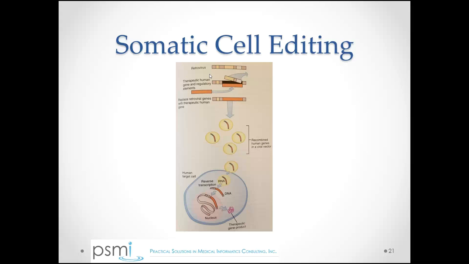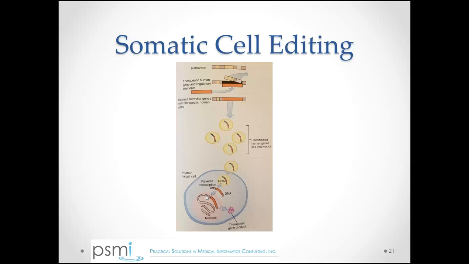Now, with these retroviruses, one of the challenges, in addition to the fact that you don't have a very large payload, is you don't have control over where this DNA inserts. And so in some of the earlier experiments with this type of process, the DNA inserted itself in a place such that it activated an oncogene. And so there have been a handful of cases of patients that have developed cancer, some of which have died from cancer because the virus, the viral DNA, and the reverse transcribed DNA inserted itself such that it stimulated an